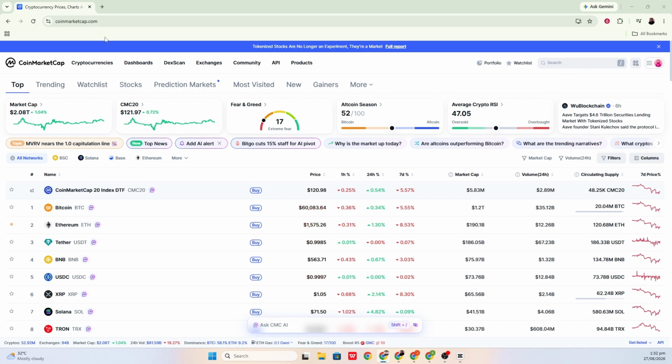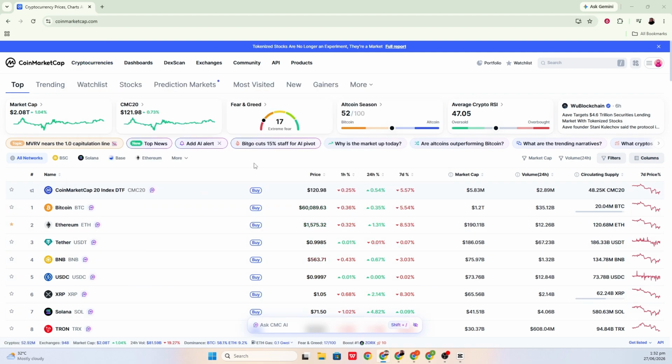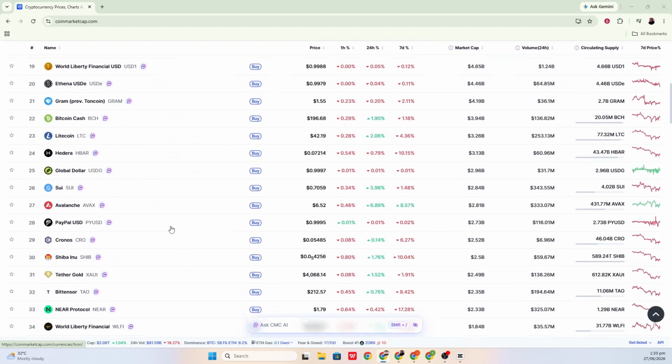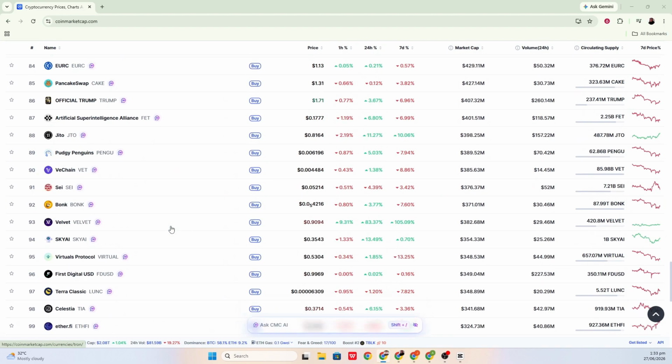On CoinMarketCap, the homepage shows trending coins, where you can see which tokens are moving up or down in real time. You can also view the Fear and Greed Index, which currently shows around 61% greed, indicating market sentiment. Below this section, you will find the full list of listed cryptocurrencies, including Bitcoin, Ethereum, BNB, Solana, XRP, and many others. Each page displays around 100 cryptocurrencies, and there are thousands of coins available across multiple pages, going up to over 8,000 listed assets. You can scroll through different pages to explore more coins and filter based on what you